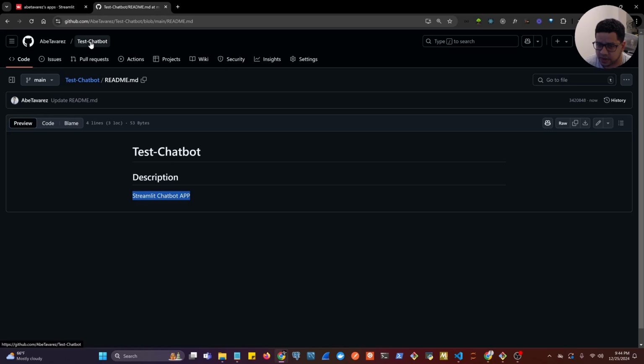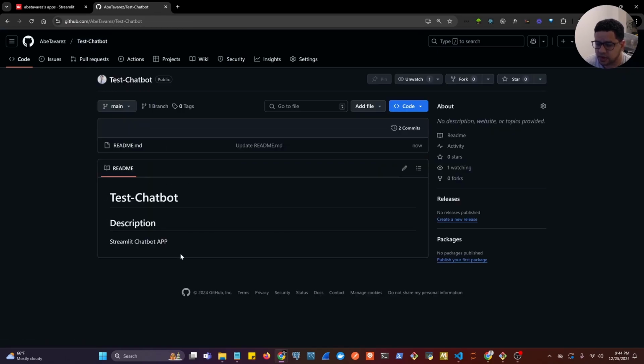I'm going to click back here again. There we go, and then we can see that we have updated the README file. We have some history here of the changes that we have done to this repository or to the code inside of the repository. So now how do we get the files that we have in our computer to this